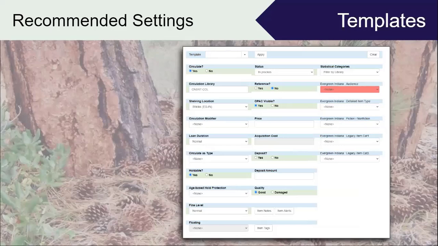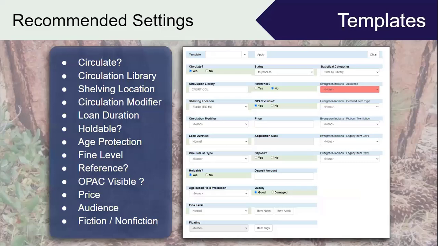There are several recommended settings for this, and by recommended, some of them are required to make your collections actually work in Evergreen. And then some of them are actually just recommended because it makes for good information. So within this screen,